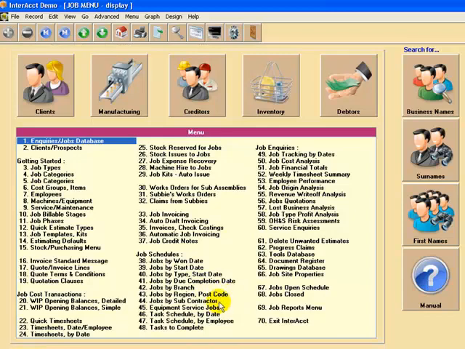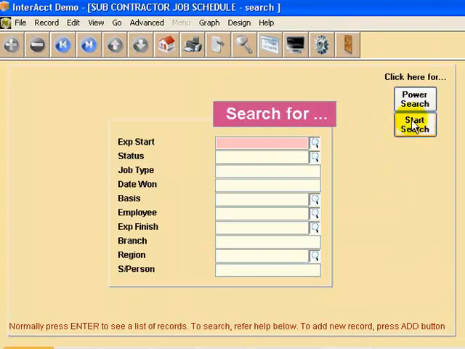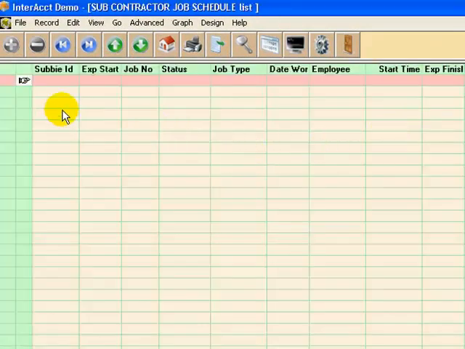And lastly, number 44, a schedule of jobs by subcontractors. So you can attach subcontractors to do different aspects of the work on a job, and then see a schedule of who's working on which jobs by subcontractor. When you get to those schedules, I don't know if we've got any data here, let's just have a look. No, but if there was a schedule by subcontractor of who they're supposed to be,